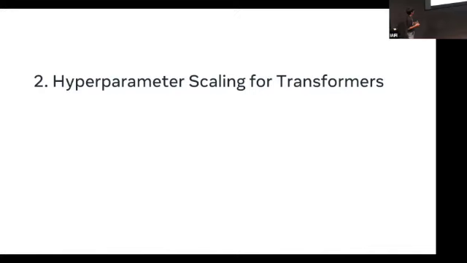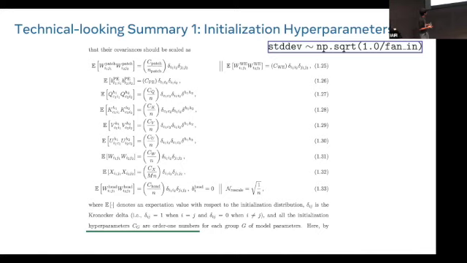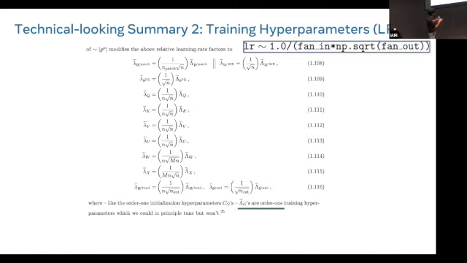Okay, so the hyperscaling strategy for transformers. I'm going to just say that the bias and the elementwise affine parameters are turned off, for simplicity. This slide should make no sense, but you do a bunch of calculation and you get this main equation, which is basically summarized by the standard deviation should be 1 over square root of fan-in. I'm going to walk through each block or layer of your transformer to unpack what they are. Similarly, you have one more set of equations for the learning rate, and I'm going to unpack those too.